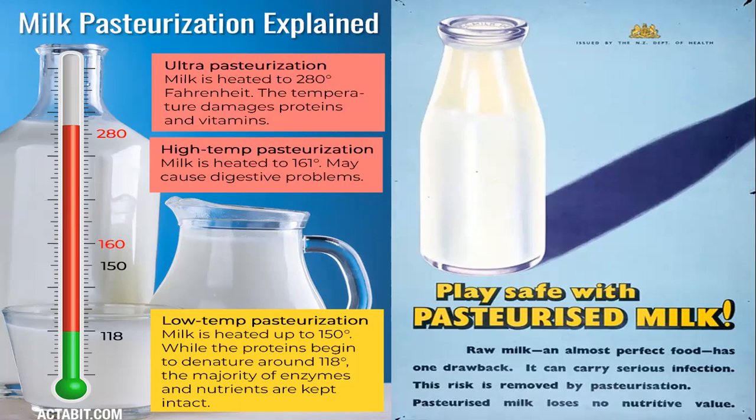So what is meant by pasteurized? Pasteurization means that you are going to heat that particular milk, either by ultra pasteurization or high temperature pasteurization. When you keep milk in your house, that milk should be heated at least 3 to 5 times. Okay, it should be boiled. Or in the other way, you can keep your milk for half an hour on the fire. So it should be boiled.